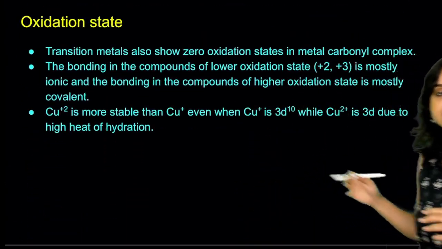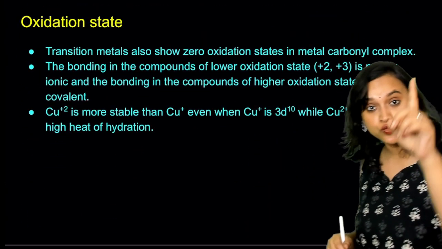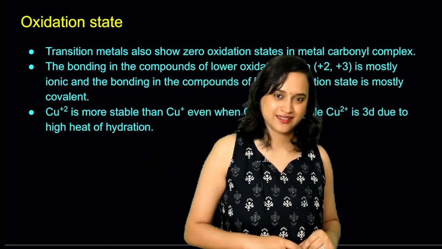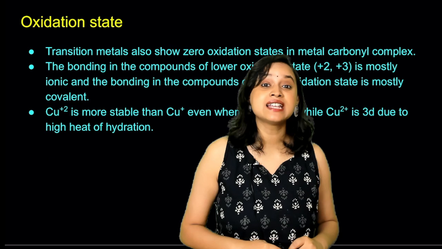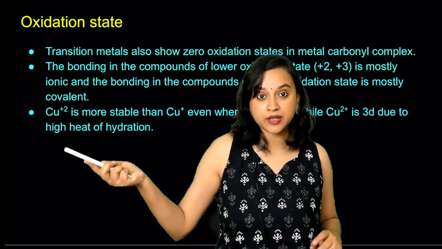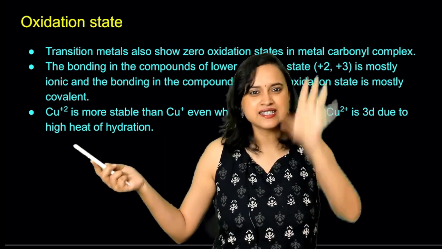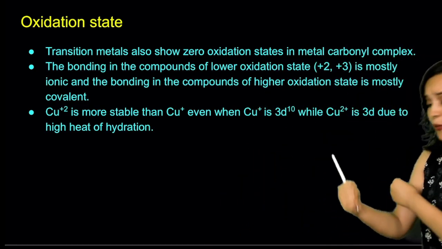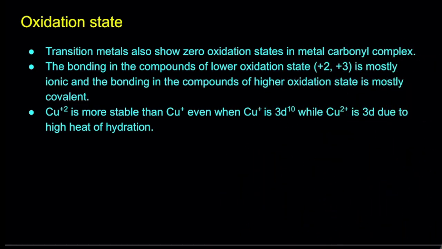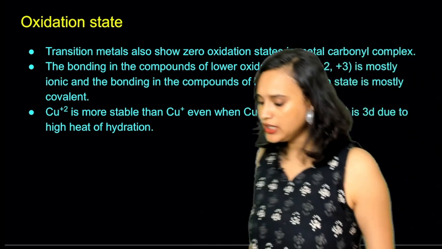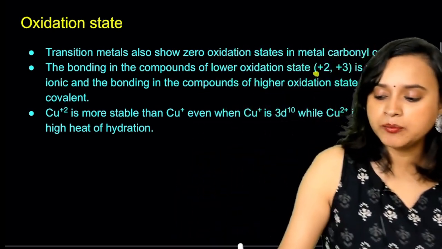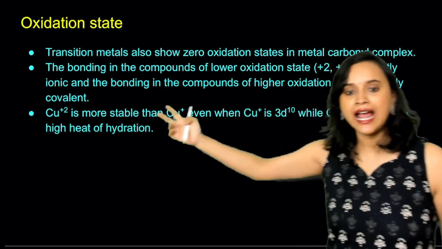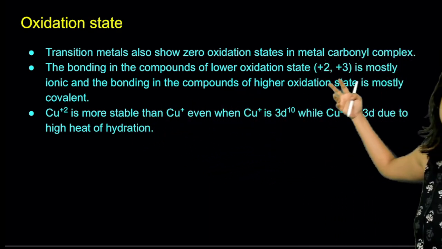Now, the transition metals also sometimes show zero oxidation state, especially if you have seen the metal carbonyls like nickel carbonyl, Ni(CO)4, in the coordination compounds chapter. We study that, and nickel is in zero oxidation state, right? Okay, now the bonding in the compounds of higher oxidation state: if they are in +2 and +3, it will mostly be ionic,